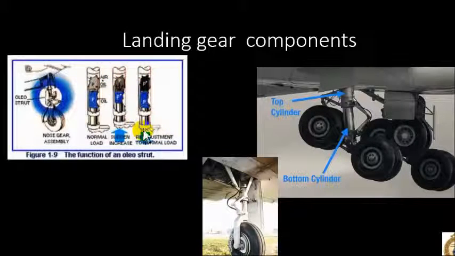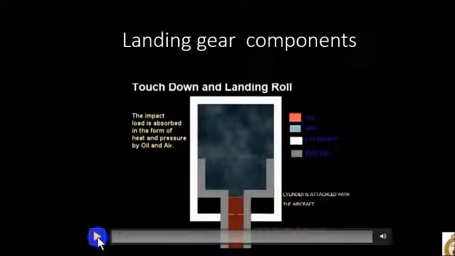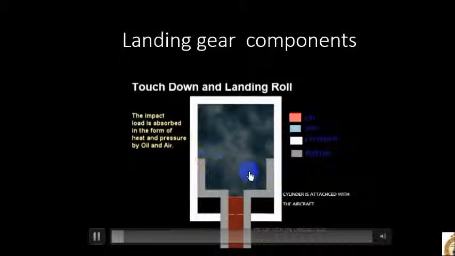And then what is going to happen is it's just going to readjust. So you're going to see compression, and then the piston's going to go inside, and then you're going to see a readjustment to the normal load, and it's going to come back out. Here you have an air oil nose strut. A characteristic of what you'll see during the touchdown is you will see these arms or elbows bend. These elbows are here. You would see them bend when the aircraft touches down because this piston goes inside, just like we saw there. Now I have a video here, and up here is the air, down here is the oil,